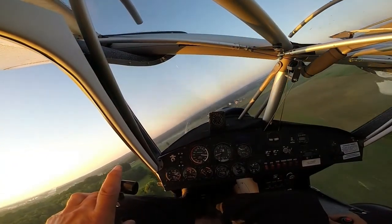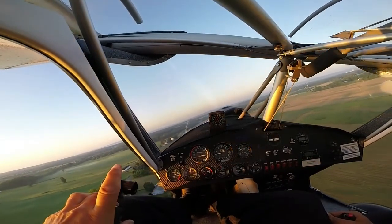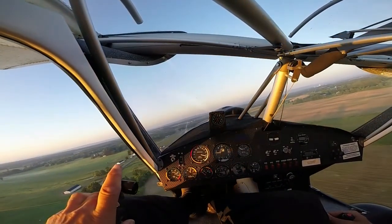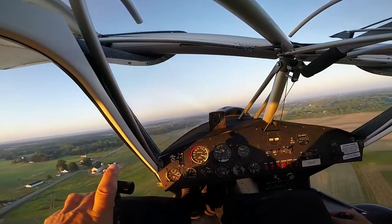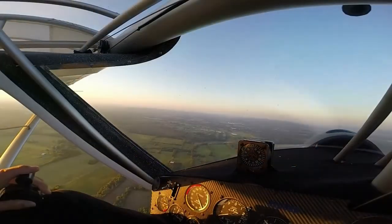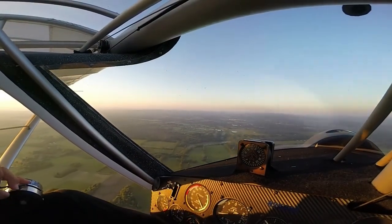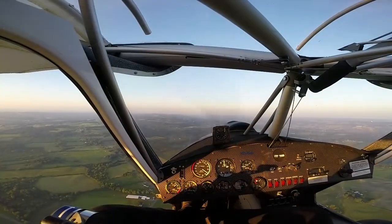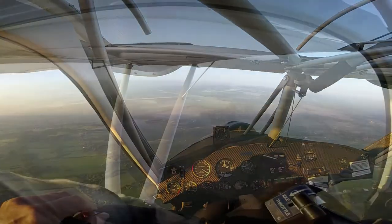In any case, we'll turn her off to the south, and we're going to go ahead and climb up to a couple thousand feet. We're climbing through 800 now, so we're going to point it right straight out at the mountains off to the south there, and I'm going to take a ride right up over Eaton Road, up in the Munnsville area there, and I'll show you the field where I kept my